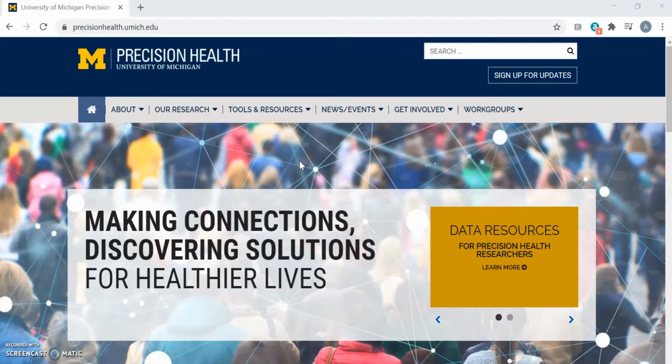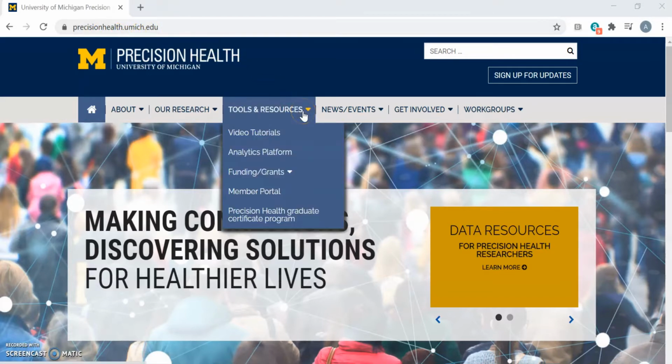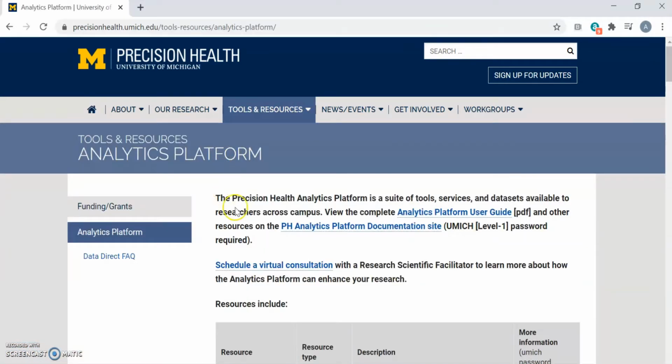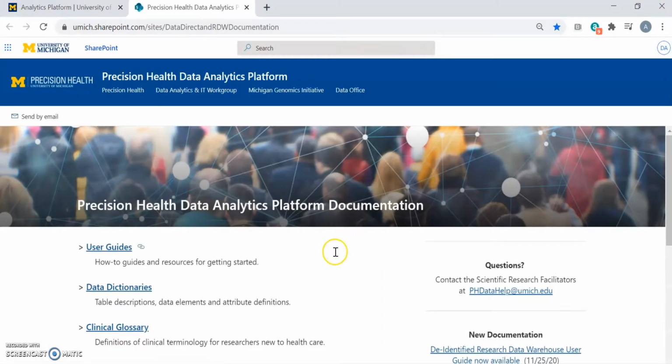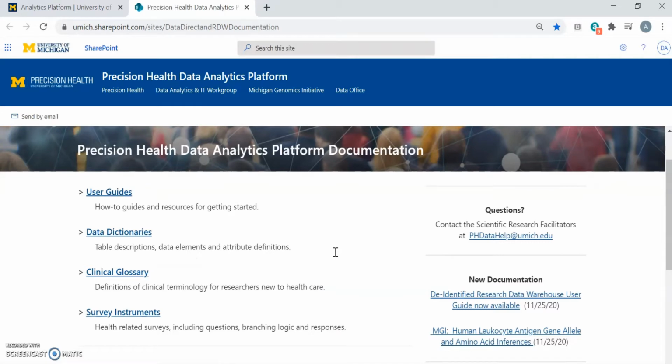The documentation website can be found on the Precision Health website, precisionhealth.umich.edu. If you go to Tools and Resources under Analytics Platform, you will find the documentation site right at the top. If you click that, you should be able to log in with your Level 1 password. This is a SharePoint site, and in this website, you're able to find user guides, data dictionaries, clinical glossary, as